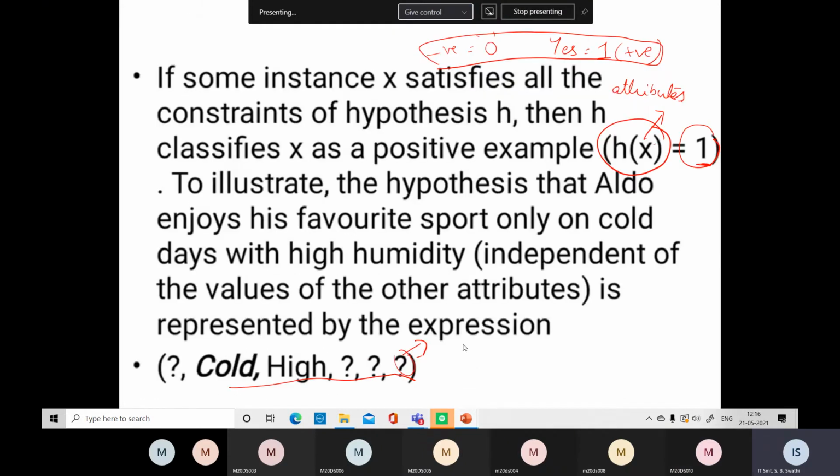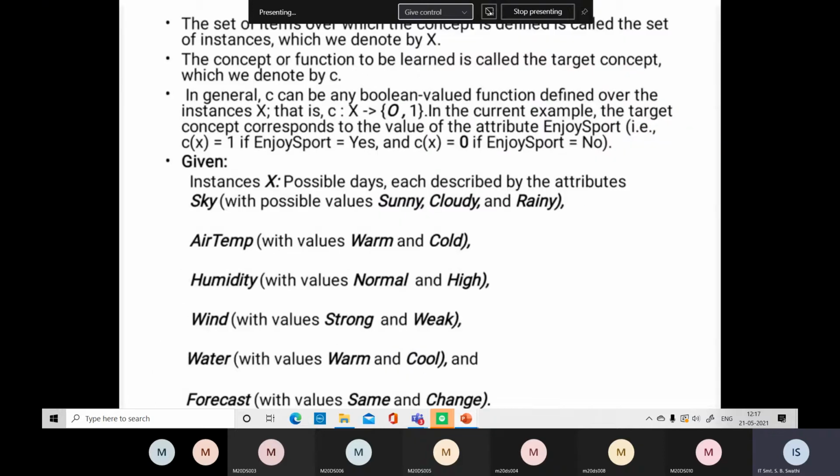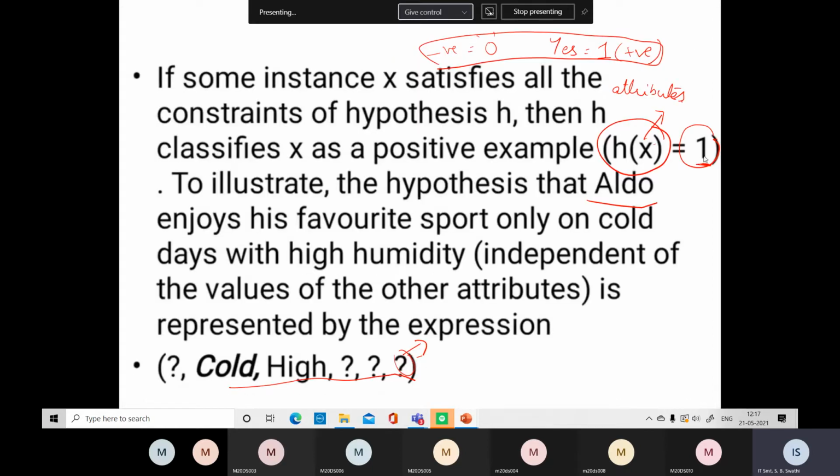Now in this example where a person is there, we are identifying what the chances are that this person Aldo is going to play. What is the preferred environment for him to play? We are going to analyze that using this hypothesis. And the output which you get is 0 or 1. We are seeing here 0 or 1, right? This output is represented with the notation C. So this is C output.